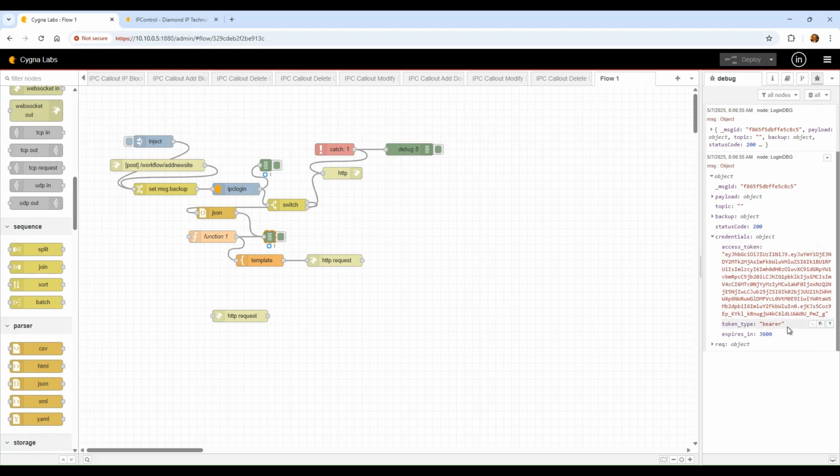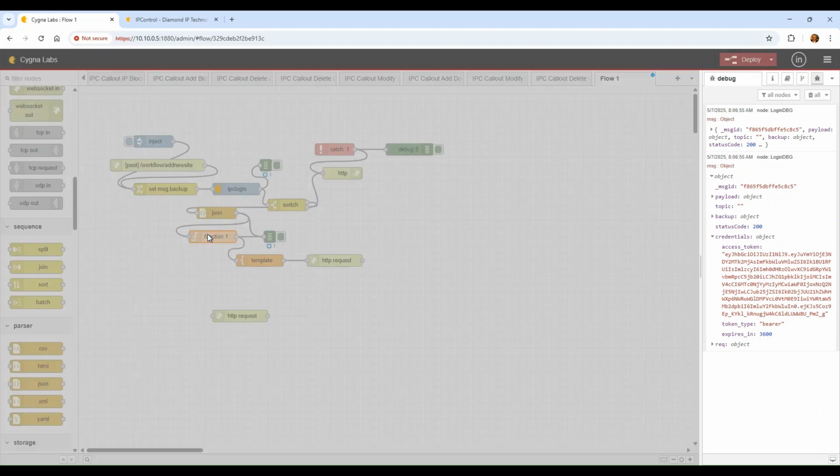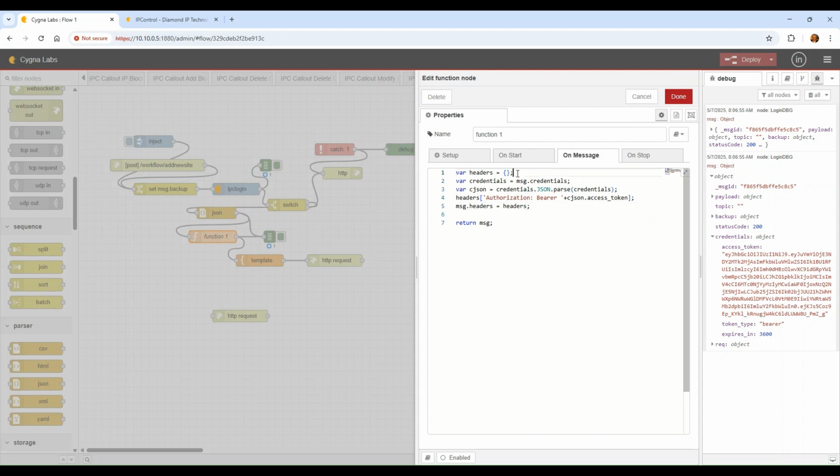Okay, so now we have this object. So now what we need to do here, which I was trying to do, and I probably was not setting it right, is I need to create headers. And in the headers, I need to set the authorization bearer, and I need to be able to bring in these credentials. So what I'm going to do here, then, since we've already converted this, is